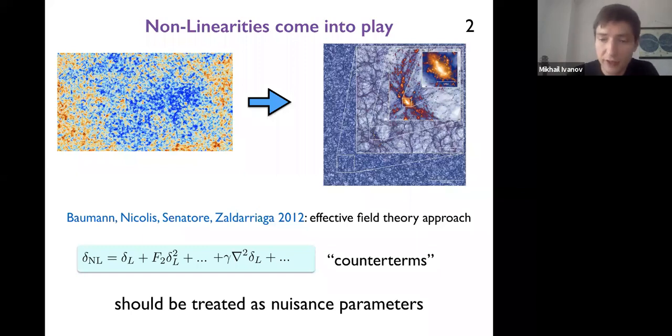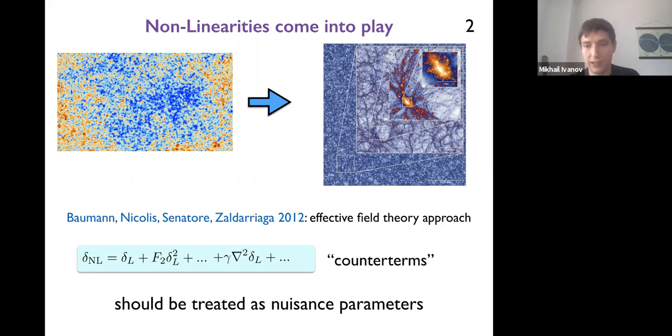The theoretical description of nonlinear galaxy formation, nonlinear structure formation, has been a matter of intense investigation for many decades. In the end, it has led us to the creation of the effective field theory of large-scale structure, which was put forward roughly 10 years ago. This theory provides a fully consistent mathematical description of galaxy formation in the perturbative regime, so that the nonlinear density field can be unambiguously mapped to the linear density field, which was the seed of structure formation.